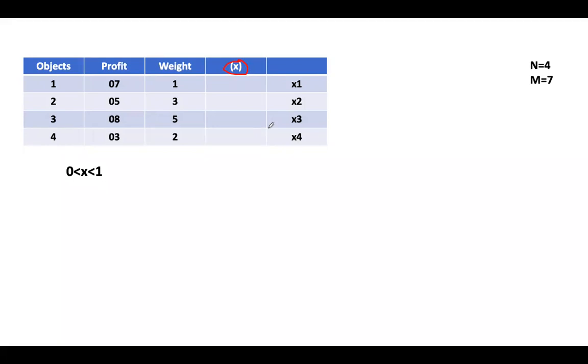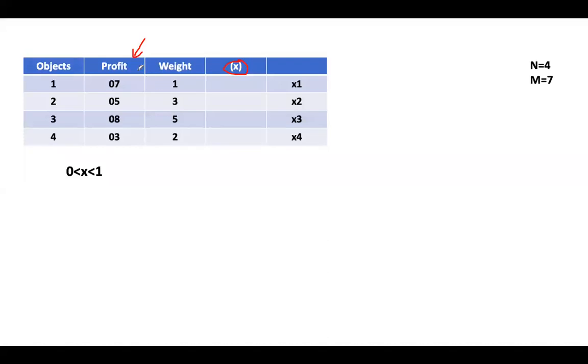Profit indicates that we want the maximum of this, so that is important. Why is weight important? Because this is a constraint of the bag or the container. You cannot cross a certain weight here. So both are important. When both are important, for our criteria, what we can do is find out the profit weight ratio.